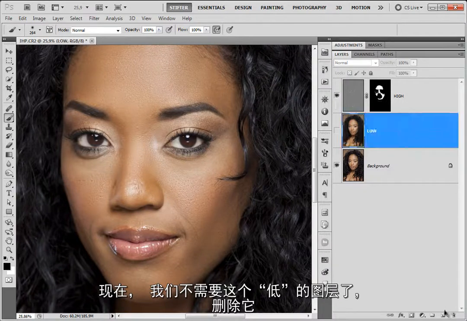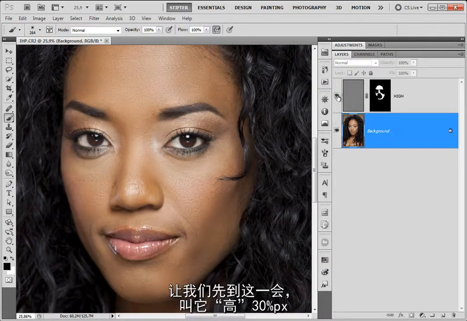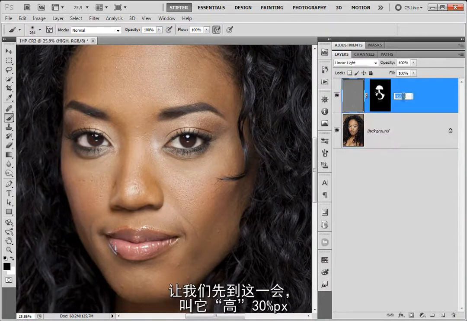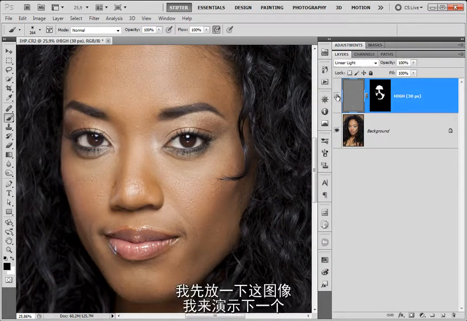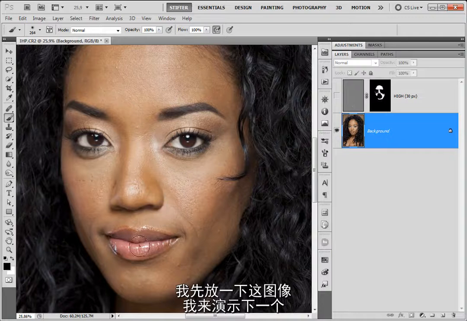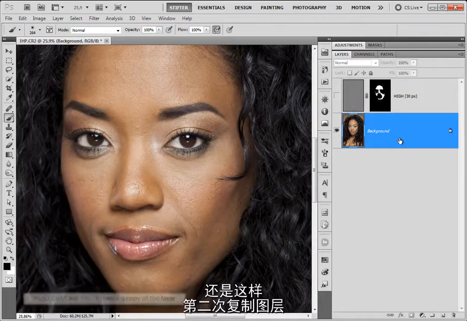Now, we don't need the low anymore, so I'm going to delete that. And let's call this, for a moment here, 30 pixels, because that's the radius we applied, so we kind of know what we did. And I'm going to deactivate that one for a moment, and I'm going to apply the next one by, again,